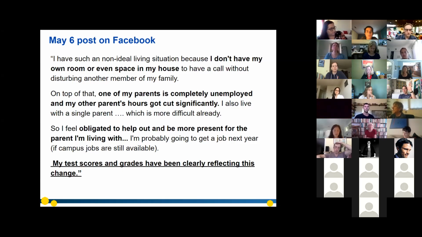And also they felt obligated and had a lot more personal responsibilities that they were taking on in this role, especially where they're trying to help out, maybe getting new jobs to help support the family. And so what this boiled down to for this student is that their test scores and grades were clearly reflecting that change that they were experiencing. So this is a student who is really going through something more than they might during a regular quarter, right? Maybe they were living on campus originally, but now they're living in a situation that's not ideal